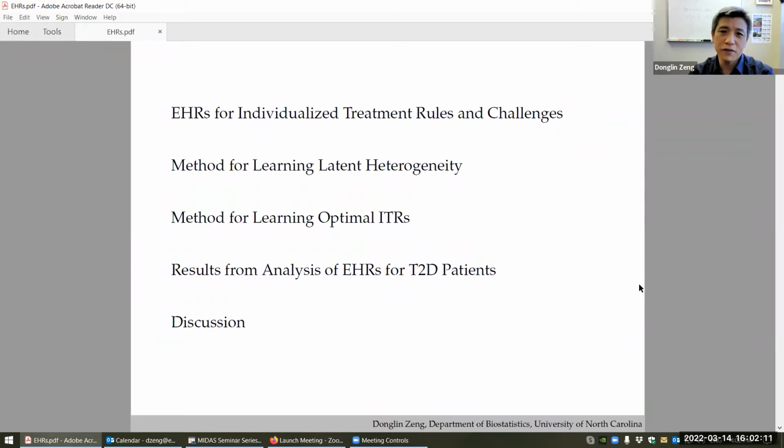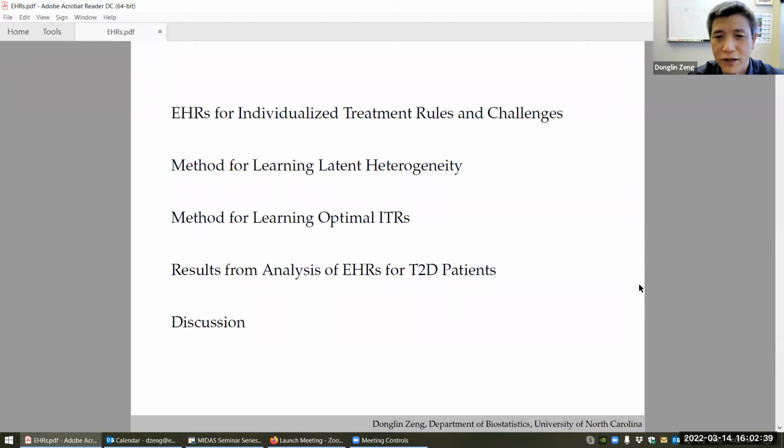I will give a very brief introduction to the data we analyze and our goal here. Next, I'm going to present our methods. The first part is how we use statistical models to understand the data, especially the heterogeneity or substructure, the subgroups in the population. The next part presents our machine learning approach to learn the optimal treatment rule, because